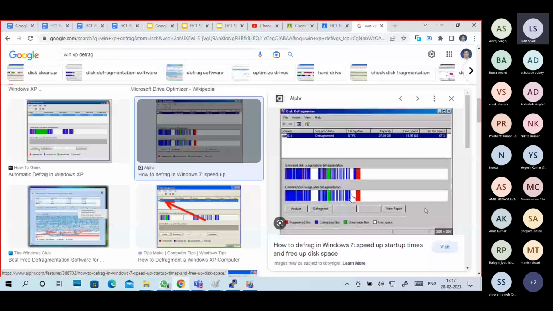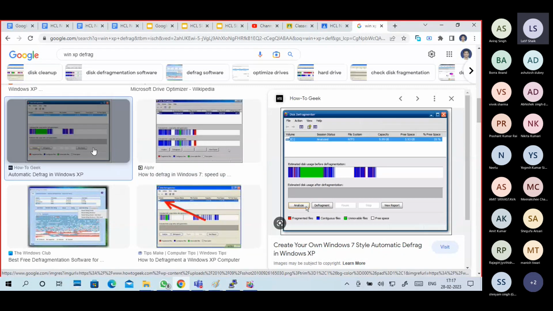So this is arranged. The blue color becomes thicker. Contiguous files, unmovable files, free space, fragmented files. The fragments should be removed. Now this much it is not showing, it is showing in percentage only, like this. First of all, you have to check and analyze whether any fragments are created in the C drive. If it finds any fragments,